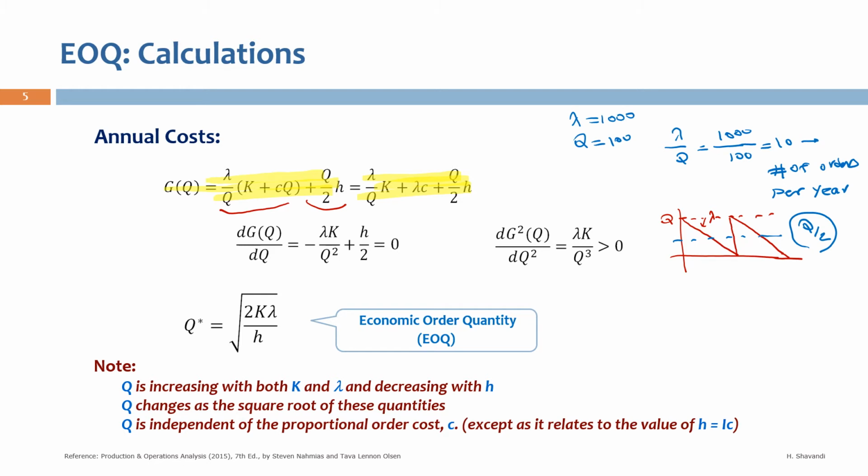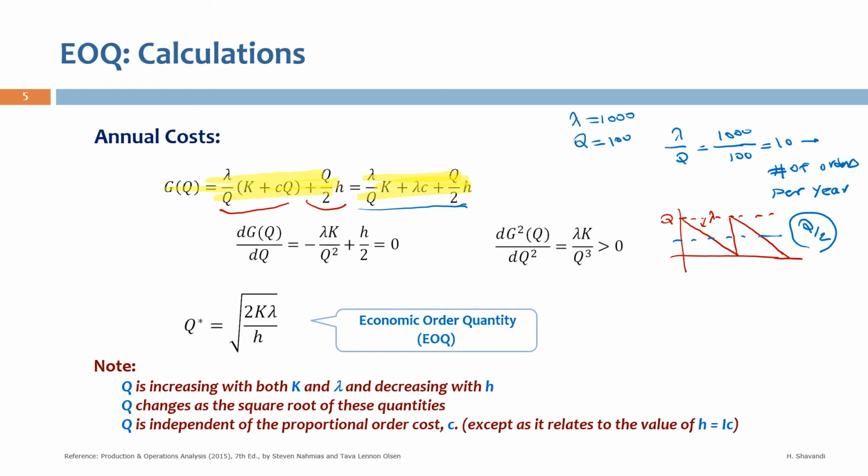And since the time period here is unit time per year, we need to multiply this by the time unit, which is 1. So as you see here, we have the ordering cost and the holding cost. So we have these terms for the average annual cost. Now that's our objective function, right? So here we want to minimize this